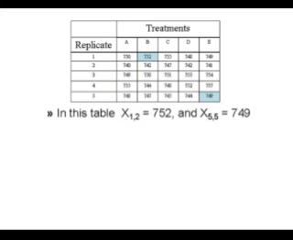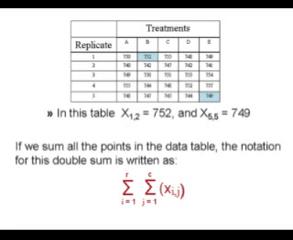Follow the table. The value at row 1, column B, read as x sub 1, comma 2, represents the value 752. The value at row 5, column E, read as x sub 5, comma 5, represents the value 749. If we sum all the points in the data table, the notation for this double sum is written as the sum of x sub i, comma j, starting with j equals 1 to c,